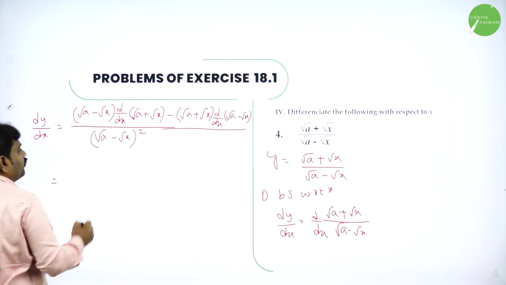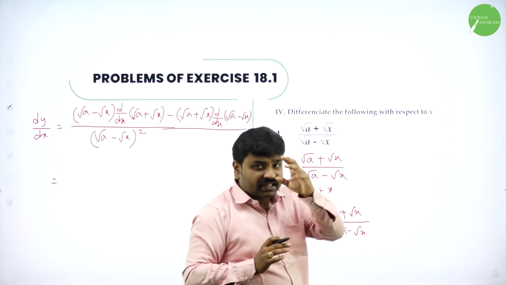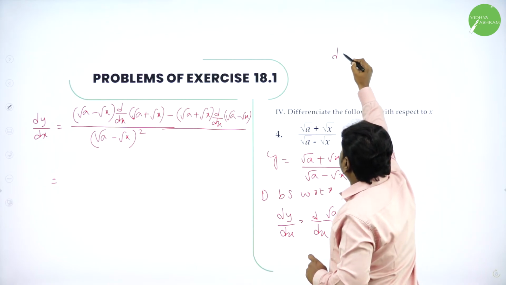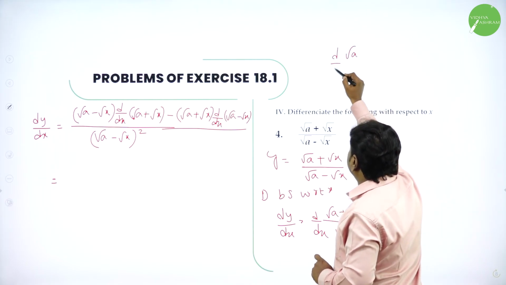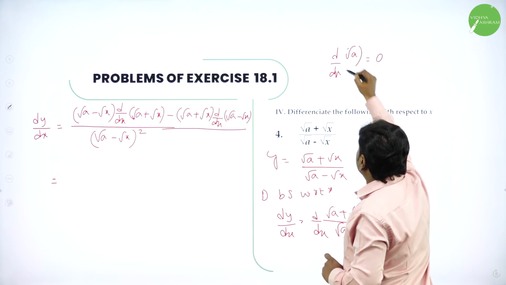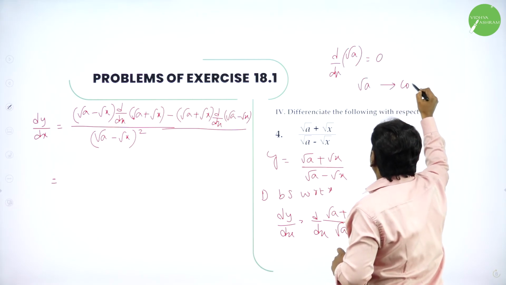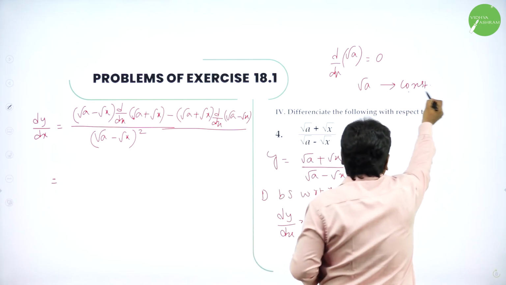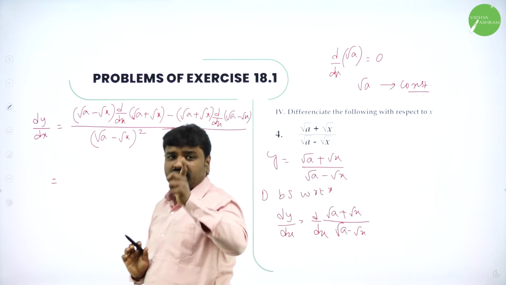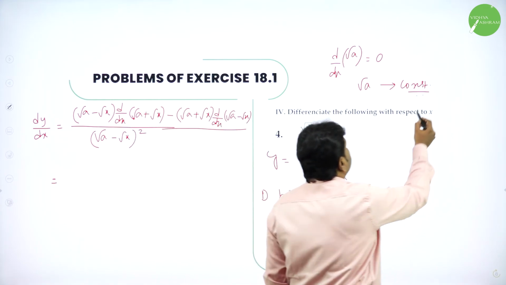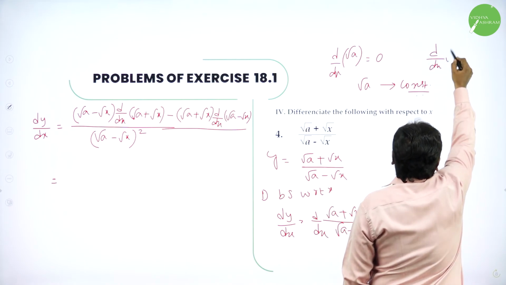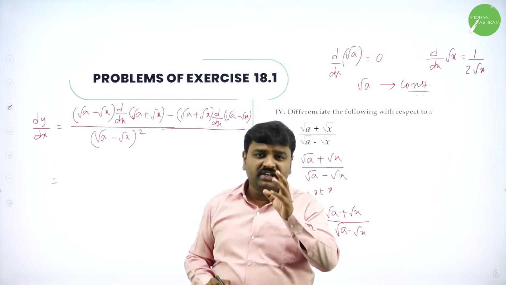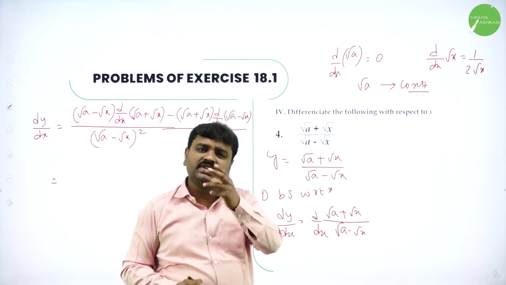Now all of you know all alphabets except x, y, t are constants, I taught you. So here a is constant. So a is constant, root a is also constant. D by dx of root a is 0 because root a is what? Constant. All alphabets are constants. Root of constant is also what? Constant. So root a is constant. So derivative of root a is 0. But you know the formula. In the formula list I gave root x. What is derivative of root x? You know derivative of root x is exactly what? 1 by 2 root x. D by dx of root x is 1 by 2 root x. D by dx of root a is 0.